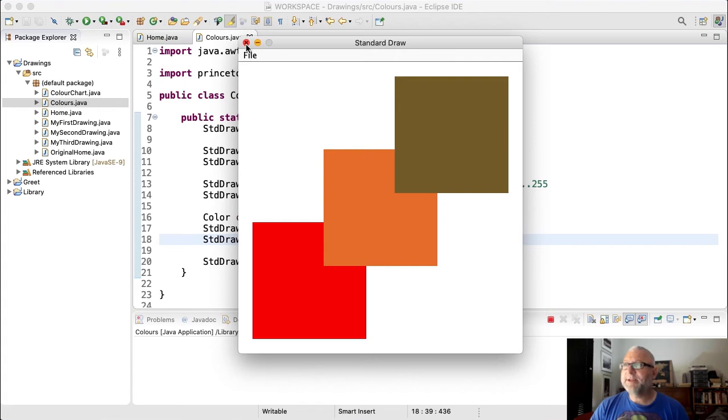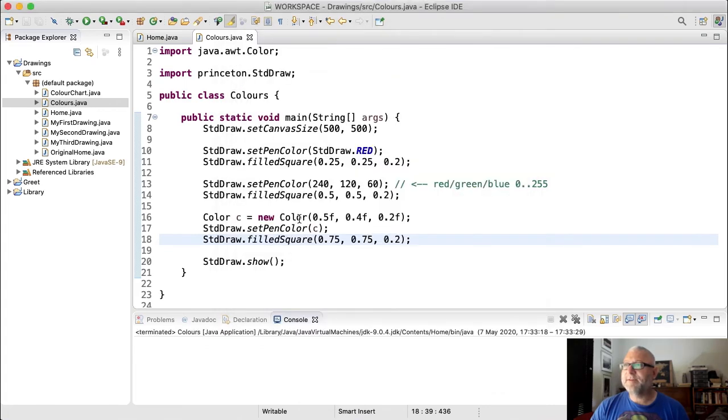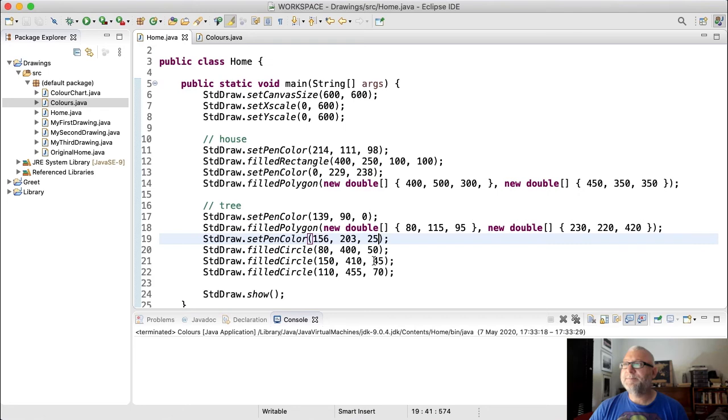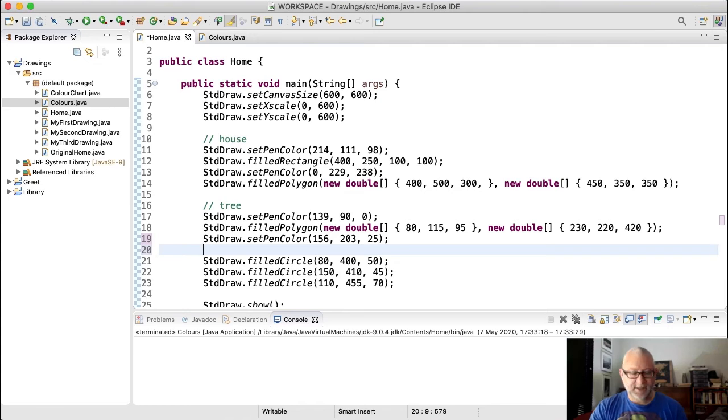What makes this special is that there are other forms of new Color that I can use. In particular, I can add a fourth float, 0.5, to tell how transparent the color should be. And I'm going to use that in my standard drawing of home. When it comes to the trees, I'm going to create a new color